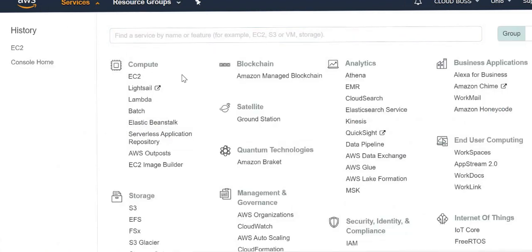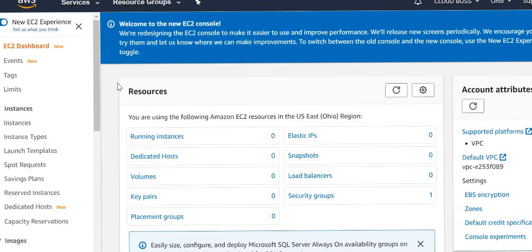And then you can go with this console, and you can play with any services as you like. So I'm choosing EC2. Okay, this is our EC2 page. You can create our instances or VMs on this page.